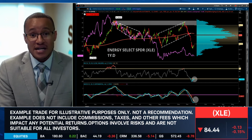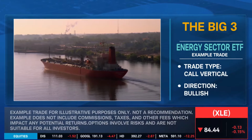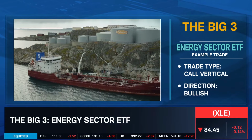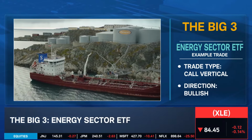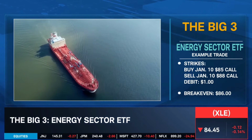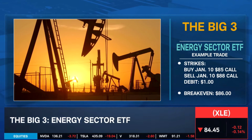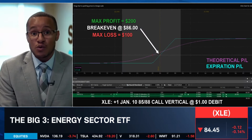Now, if you are bullish and do believe that a rebound could be on the horizon here for XLE or some of these energy stocks like Chevron and Exxon, which is a massive component of this ETF, you could look at trying a call spread. So for this example trade, looking at an 85-88 call spread for January 10th. Buying the 85, selling the 88, doing this for a debit of $1. So the max loss for the trade is going to be the debit paid, $100. The max profit would be the difference between the spread minus the debit paid, which is $200. So you're looking at a 2-to-1 risk-reward ratio